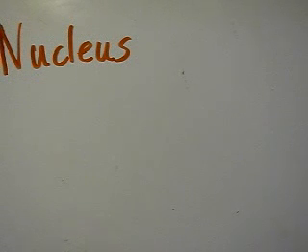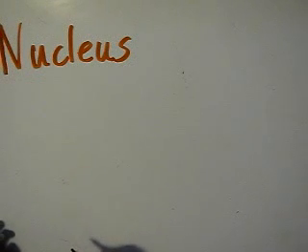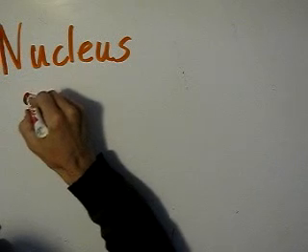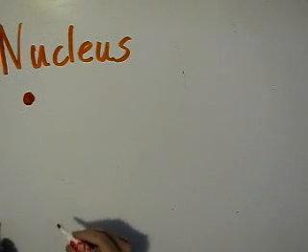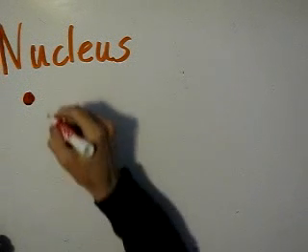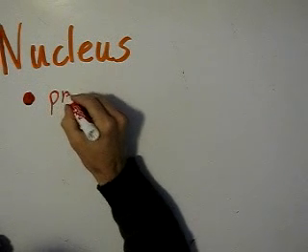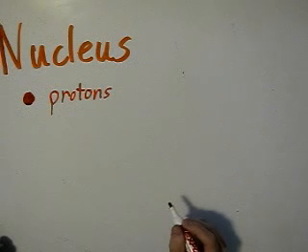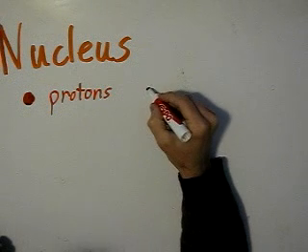Okay, the nucleus of an atom is composed of a collection of different particles, and there are two types of particles. One of them I'm going to represent with a red dot. Those are called protons. Protons have a positive charge,